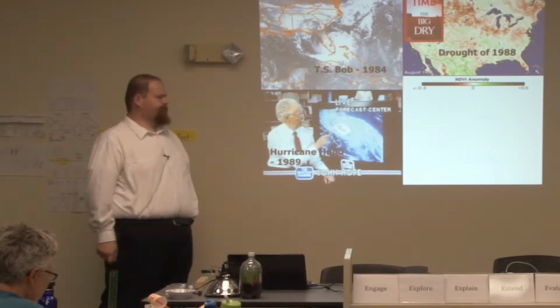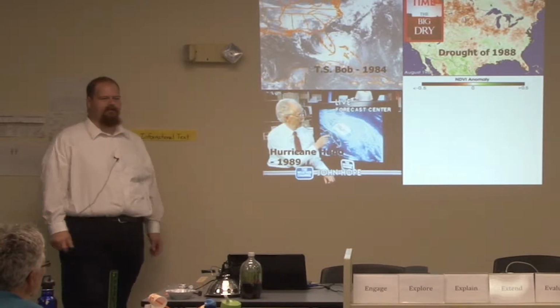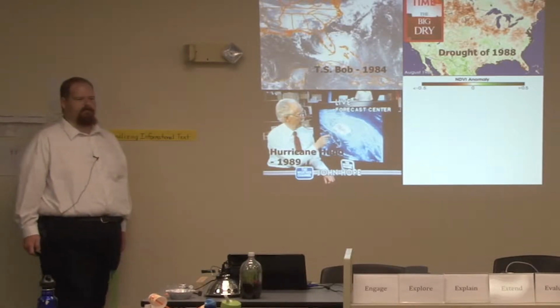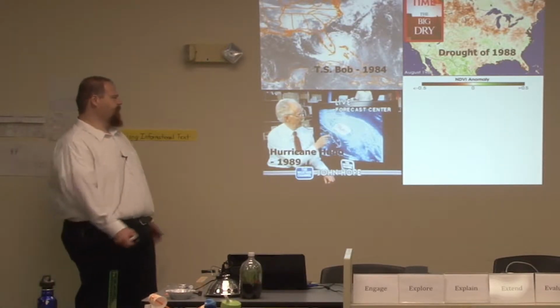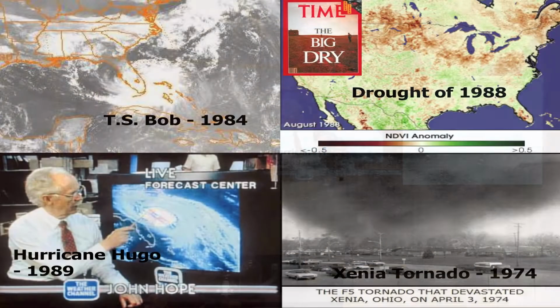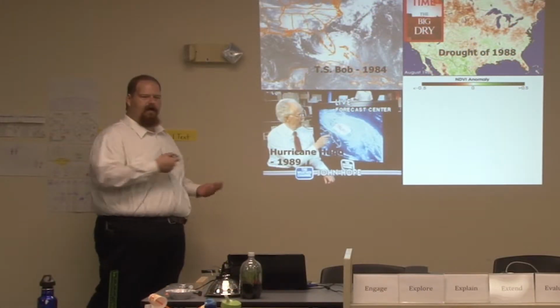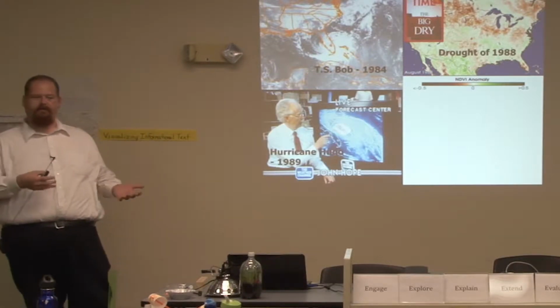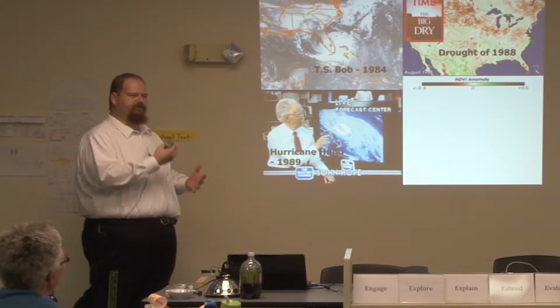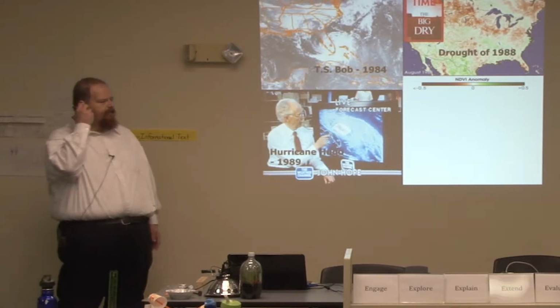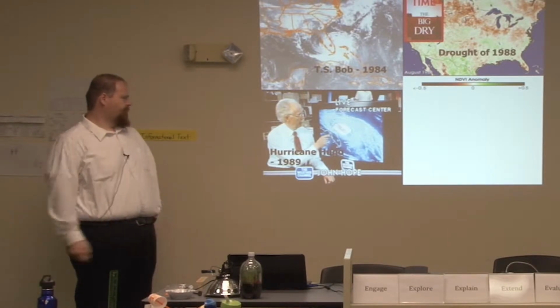A year later, this young boy is feverishly watching the Weather Channel as Hurricane Hugo makes its way toward Charleston, South Carolina. This boy has a large amount of family in Charleston. This gentleman here, John Hope, was the hurricane specialist at the time, and it was just fascinating to see what he was doing. Obviously, I let the cat out of the bag. I wanted to emulate what he was doing, and he had a PhD. And this really started it: if I want to understand the complexities of weather, I need a good amount of education. So that's one of the events.